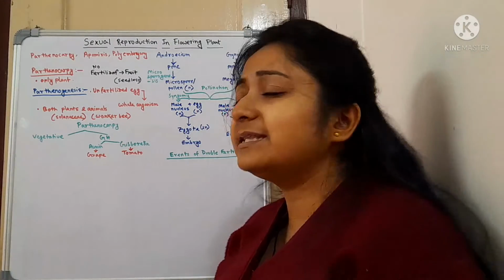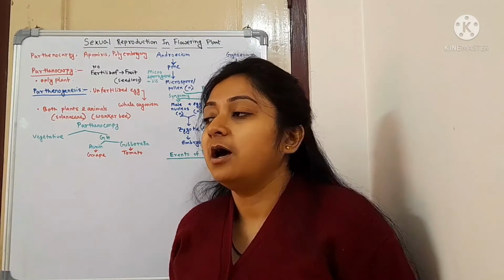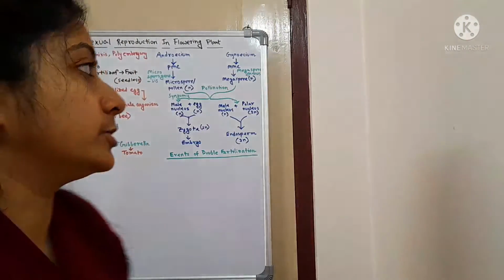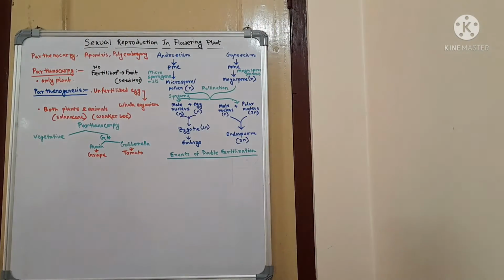No more messy work, and it will take very little time. We don't have to find out where the seeds are and then throw them out. To take the pulp outside, we don't have to do that. One step will be lesser in such cases, so the work will be much easier and simpler. So this is the event which occurs during parthenocarpy, and these are the basic importance of parthenocarpic fruits. This is all about parthenocarpy.